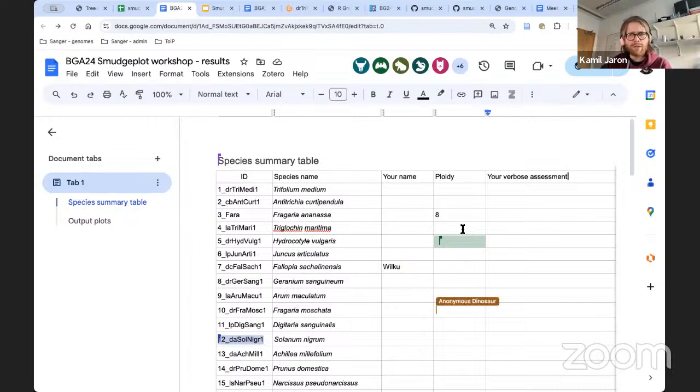Okay, and then in this half an hour, we will together go through some details on what's happening with Smudgeplot and what's up with all those bloody versions and why I am talking about them. Oh, analyzing the potato. And then we will go through these plots to get a hang of what we have actually done.